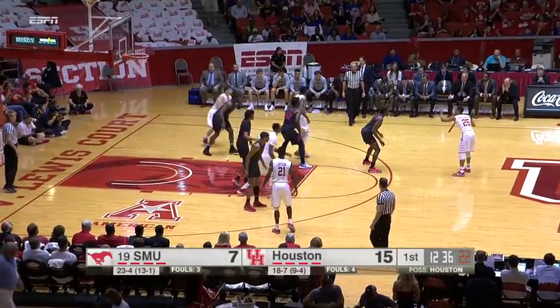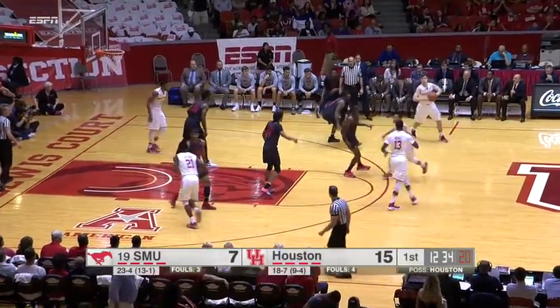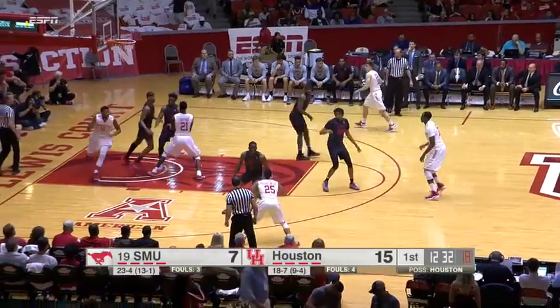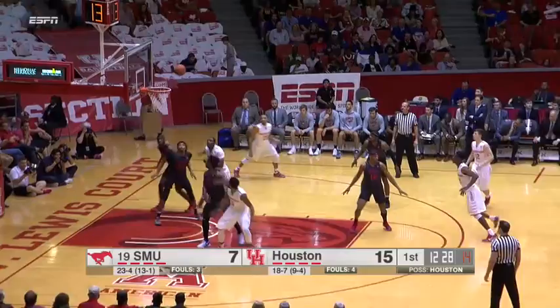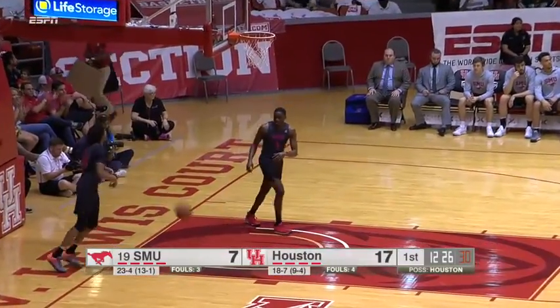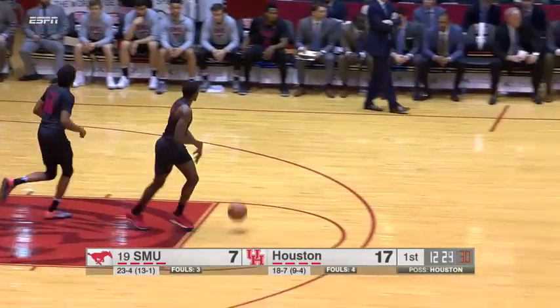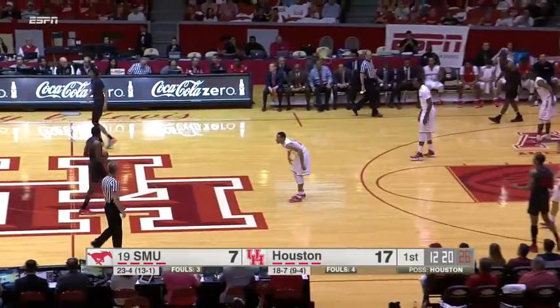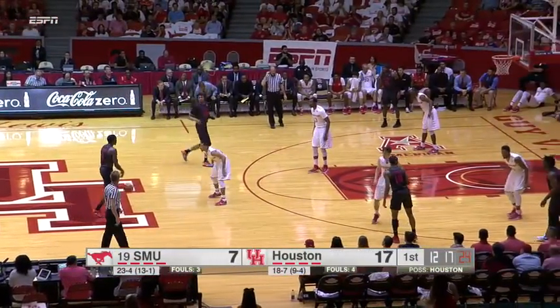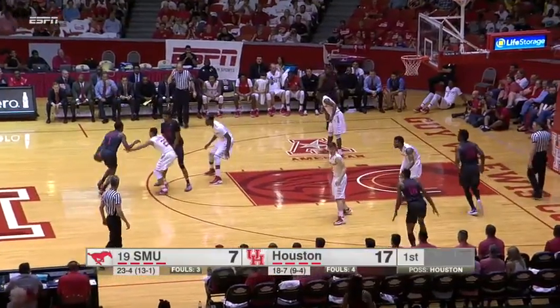Sterling Brown sits down. Bertrand Colley, 13, into the game for Kyle Meyer for Houston. There's Davis inside against Ojale. Right-hander is good. Well, right away, first time Devin Davis has caught the ball in the scoring area, and you see the skill level he has. That quick little jump hook right over the top. Ojale flat-footed. Kelvin Sampson told us